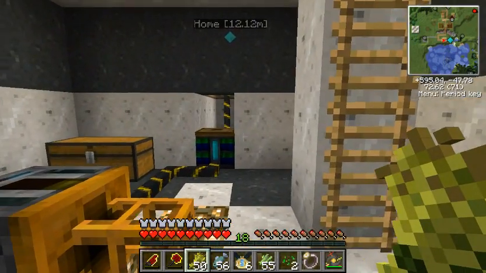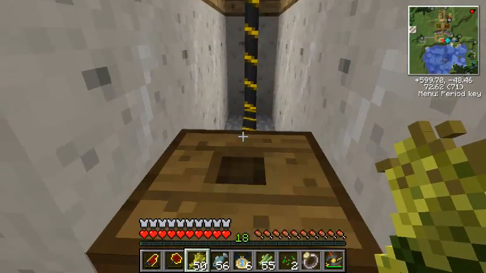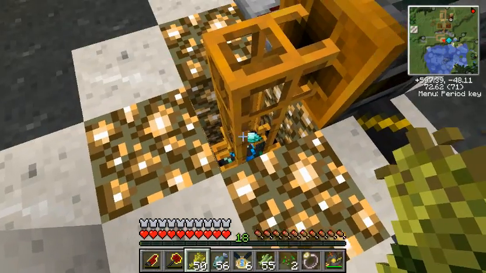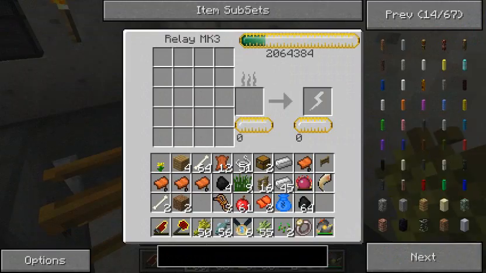And then I have this red power machine. There's a wire coming from the solar panel into this battery box, powering this retriever, which retrieves the diamonds every 13-14 seconds and puts it into this machine, my relay, and then that transmutes it into EMC. So if we wait a couple of seconds here, let's throw this in there. As you can see, that diamond just came, and that turned into